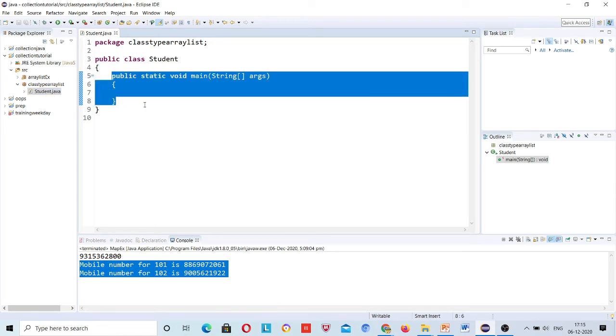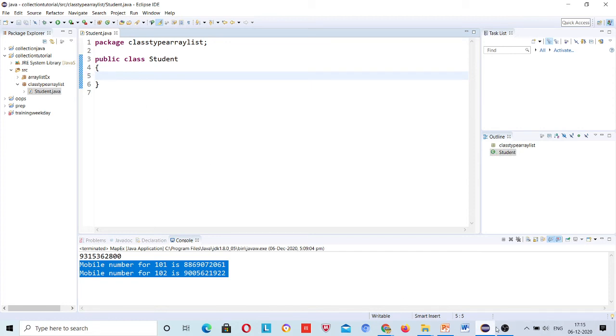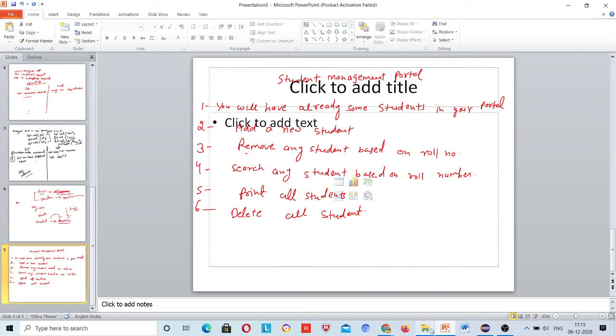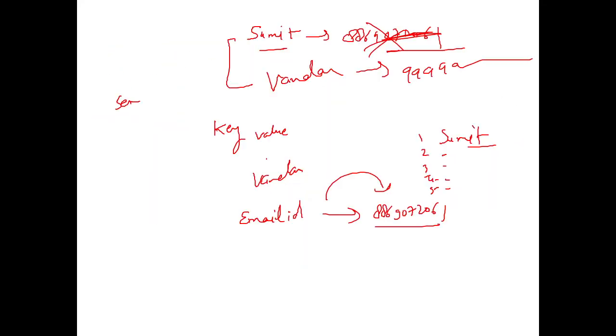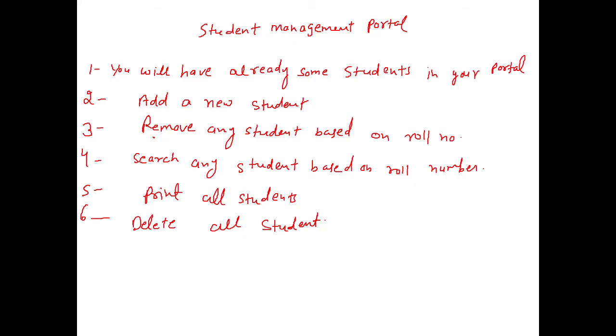So see, now let's focus here. This main method is actually incorrect. Nobody asked me, sir, how will I already have some students here? Nobody asked any question about this assignment. I will give you 5 minutes to think. If any question comes, just like she asked because she had a doubt, you can ask if you have the same doubt.